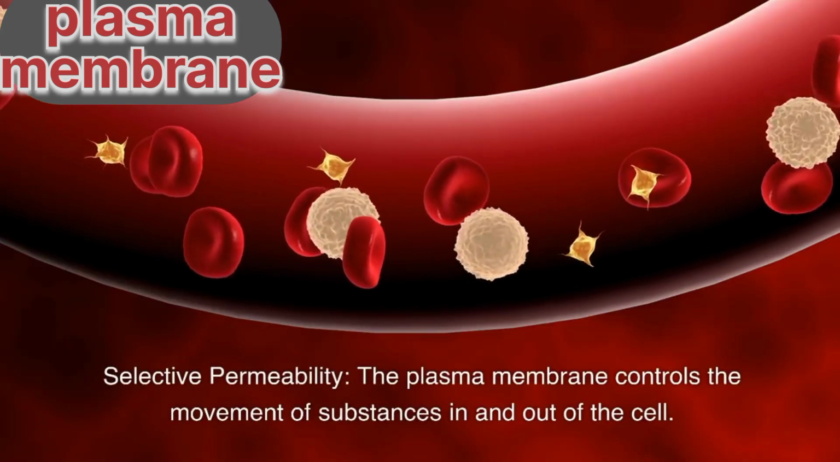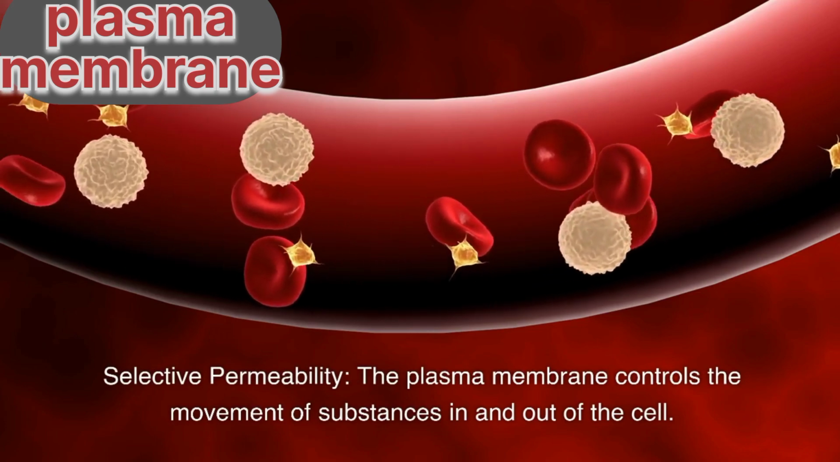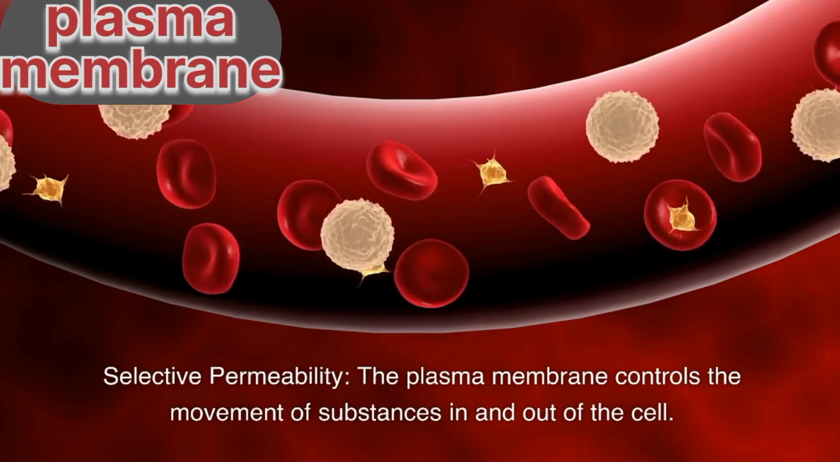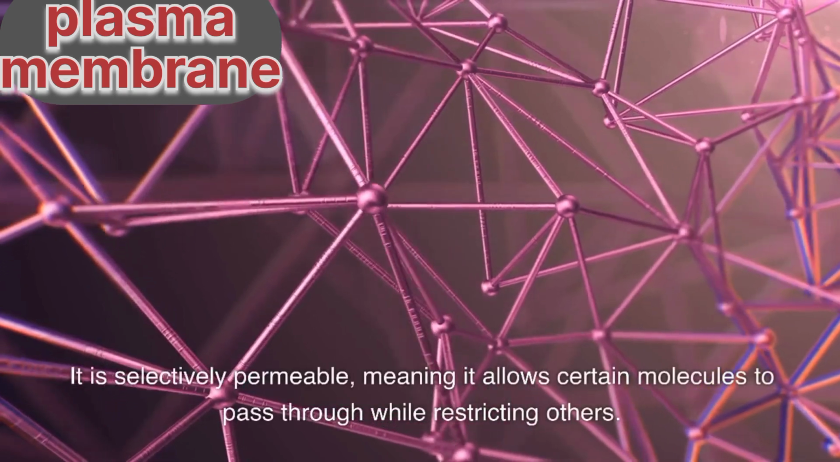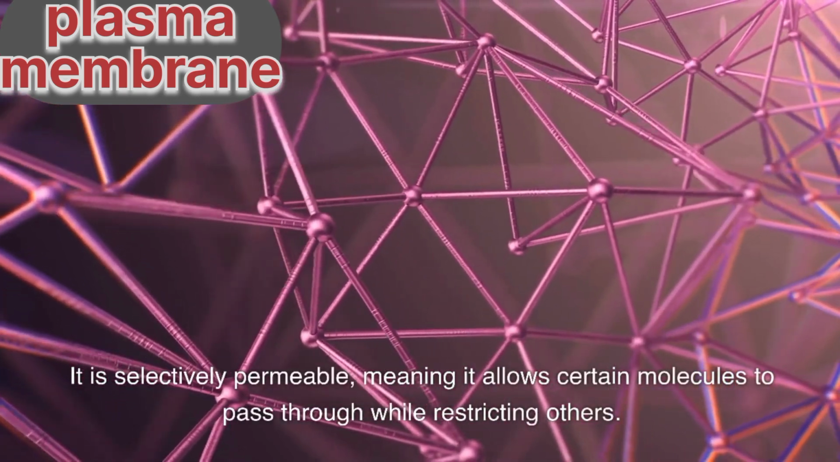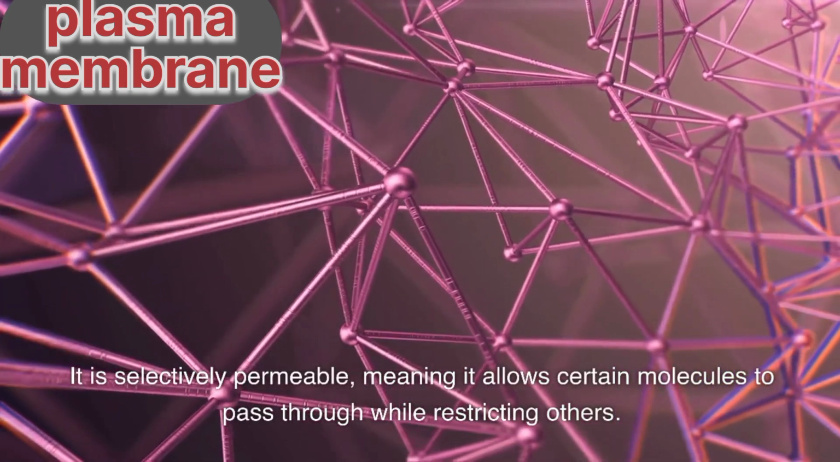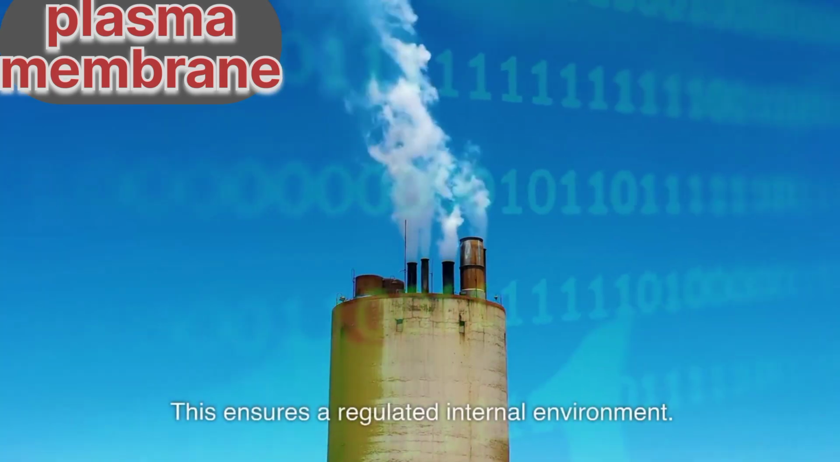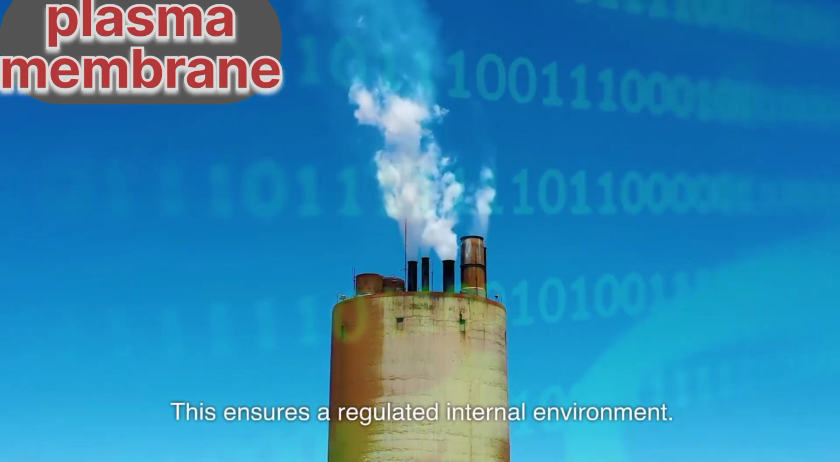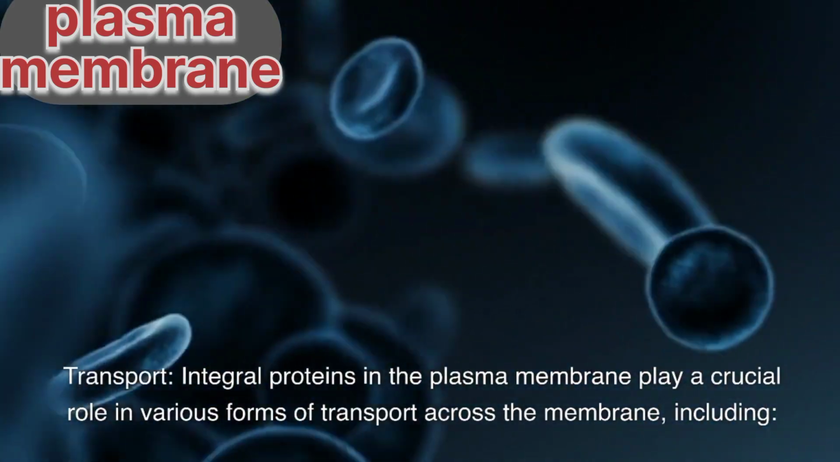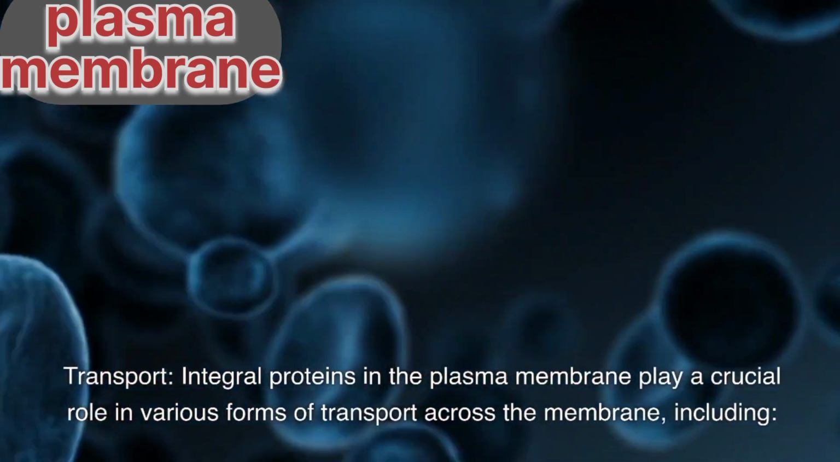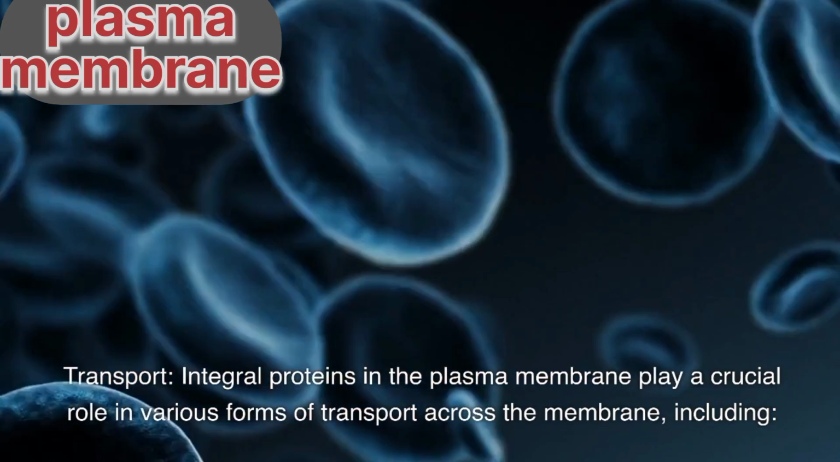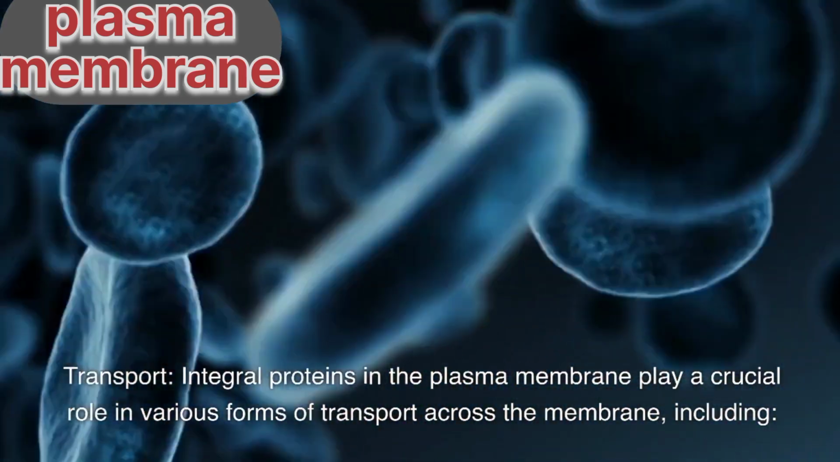Selective permeability. The plasma membrane controls the movement of substances in and out of the cell. It is selectively permeable, meaning it allows certain molecules to pass through while restricting others. This ensures a regulated internal environment. Transport. Integral proteins in the plasma membrane play a crucial role in various forms of transport across the membrane, including